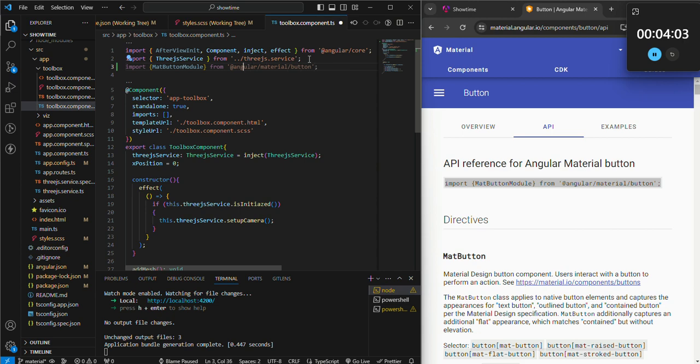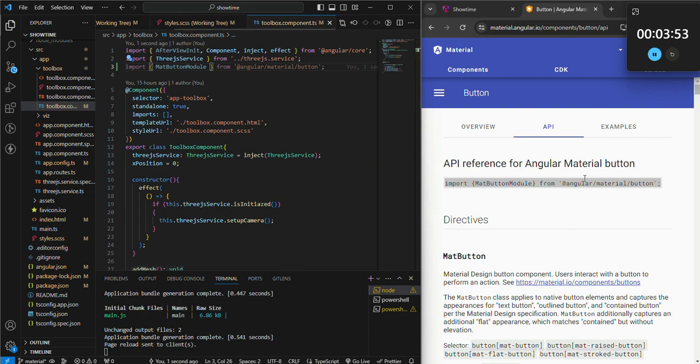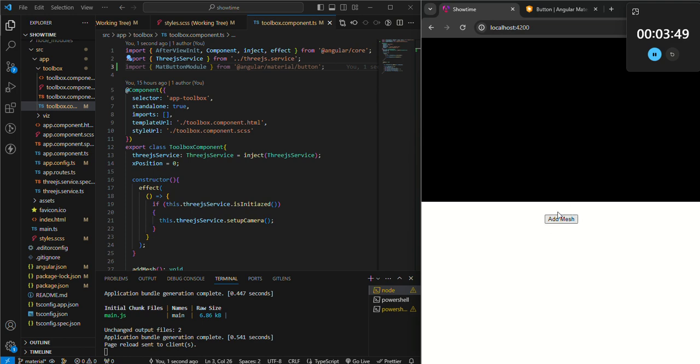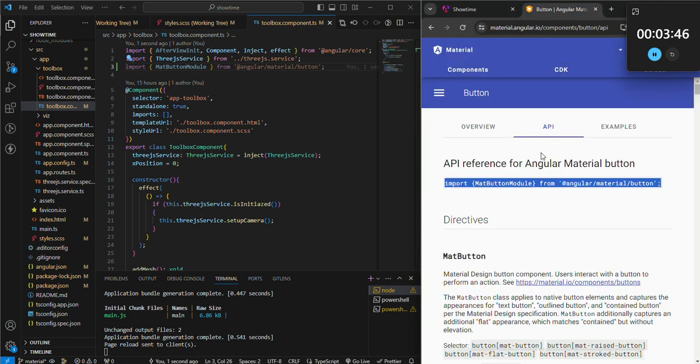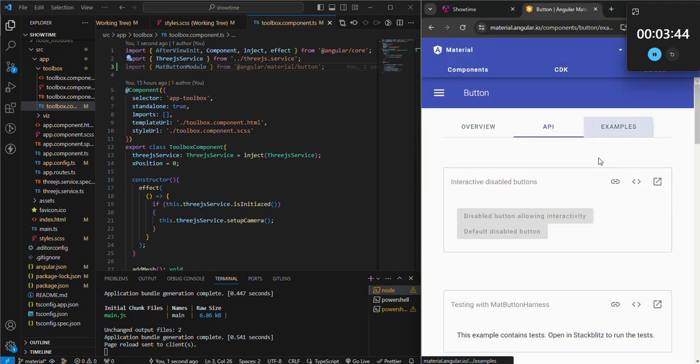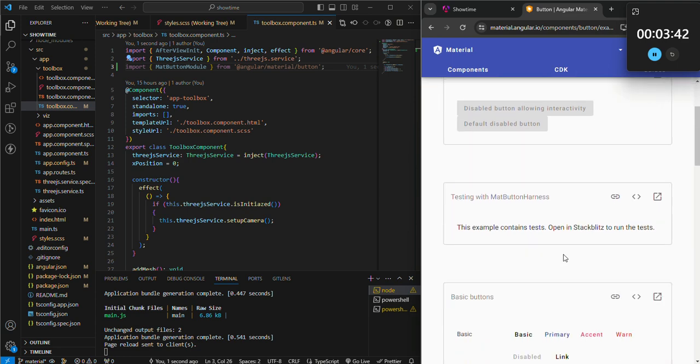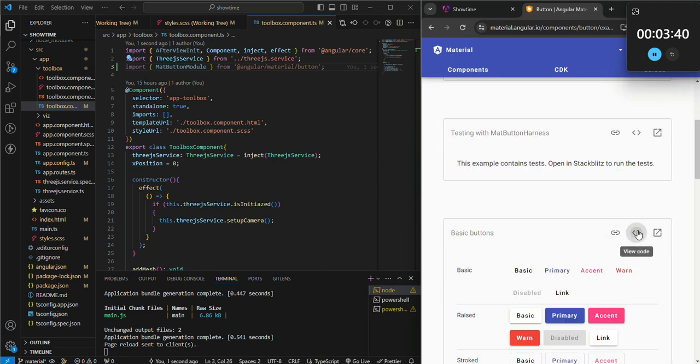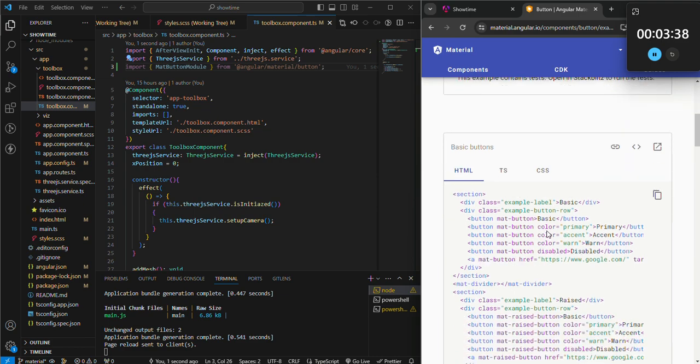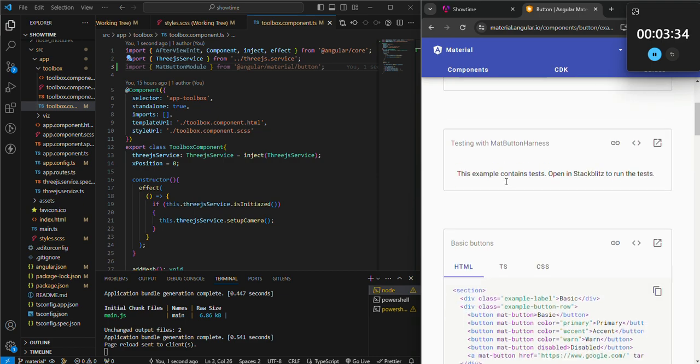A lot of times people have these imports all rolled up into a big giant import that brings them all in, like they would call material imports or something like that. But anyway, so we're doing that, and basically, I don't know if I mentioned this, but the idea is I want to change this add mesh to a material button, and then so here we go, and then we go there, and we want a primary, and we want